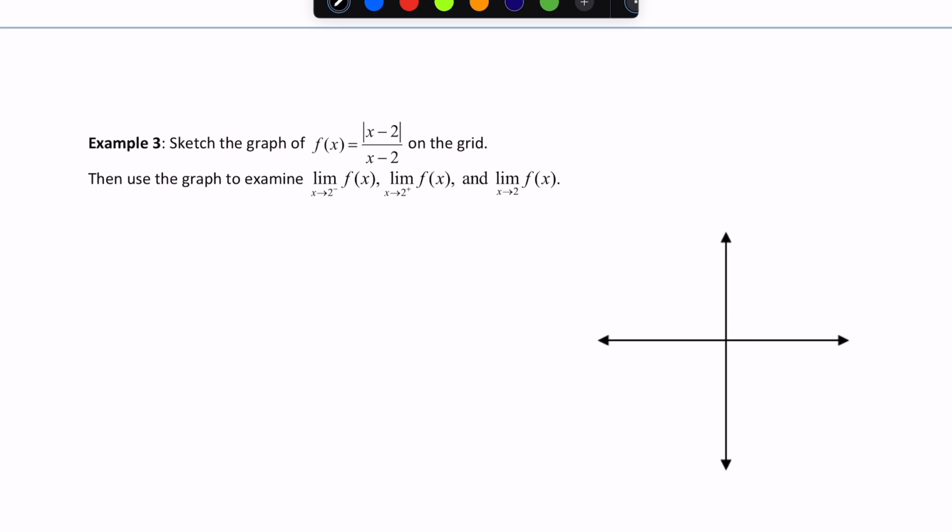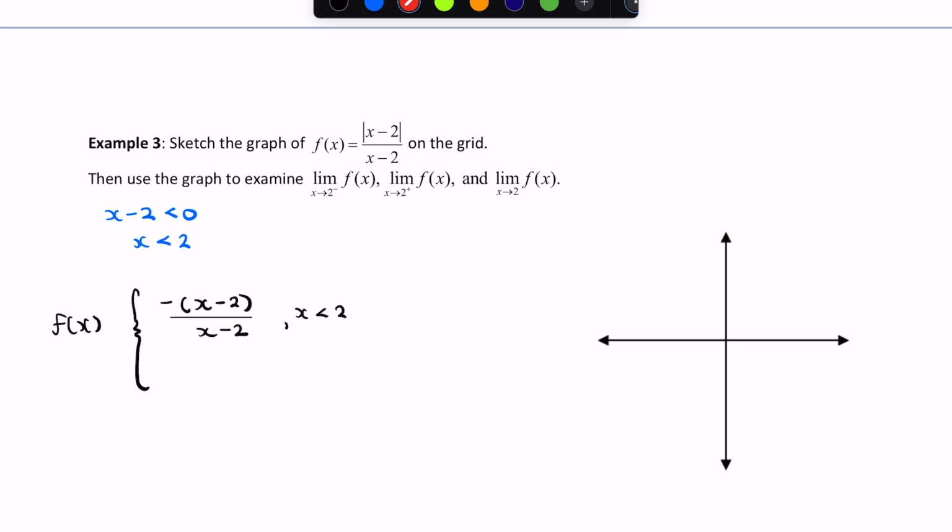So again, we can see that just like we did before, x minus 2 is less than 0, and we know that x would be less than 2 if we move that over. When we look at the function, we can rewrite that in a couple of ways. So let's look at the larger function here. If we write that as a piecewise function, you see that from the negative side, or when x is less than 2, if we go negative x minus 2 over x minus 2,